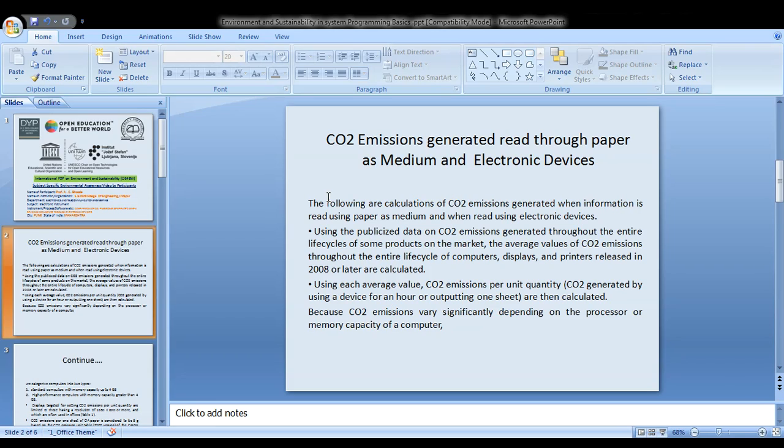Using the publicized data on CO2 emission generated throughout the entire life cycles of some products on the market, the average value of CO2 emission throughout the entire life cycles of computer, display, and printer released in 2008 or later are calculated. Based upon this 2008 report, using each average value of CO2 emission per unit quantity, we can discuss. So these are the values we discuss per